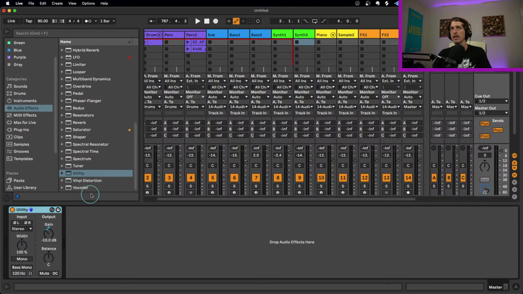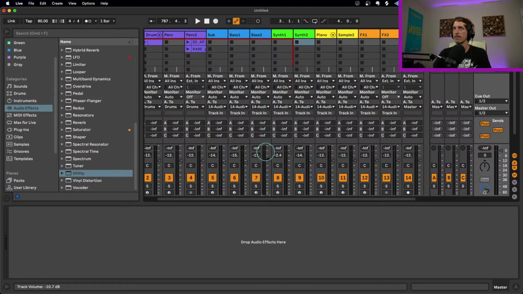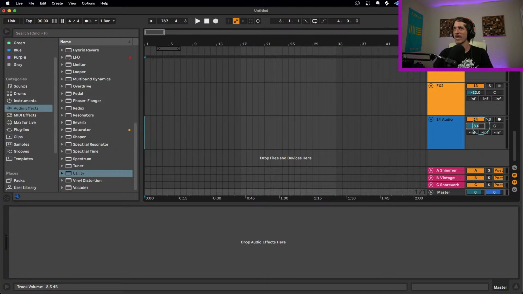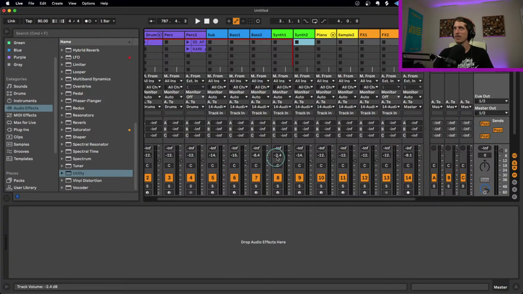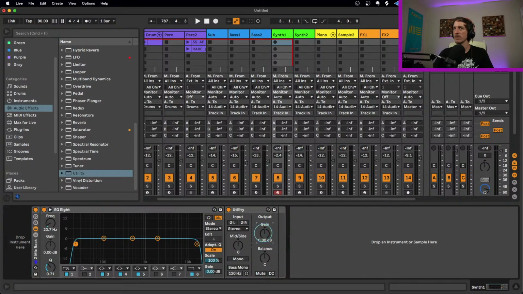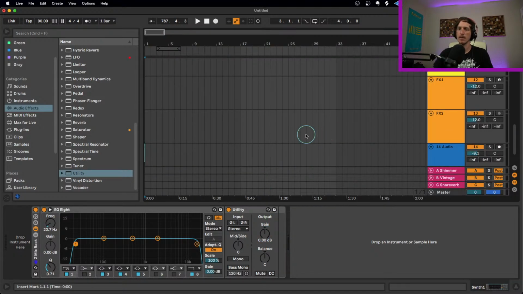For me, I like having the volume controls here so I can visually see the level of the triangle, the level of the volume on the track itself, and then control that as I need to. And then I specifically use the utility for automating. So the automation on the gain here, if I want,